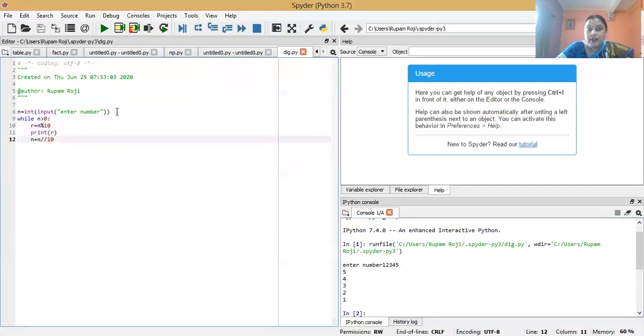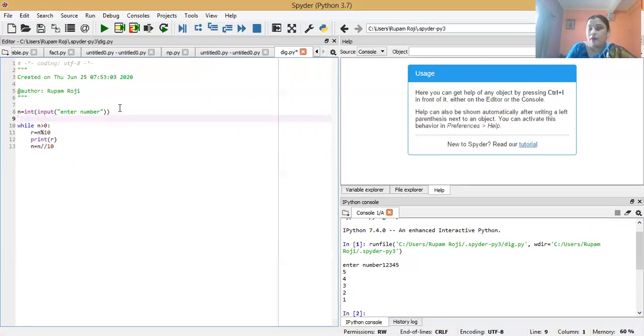Now, if we want to display the sum of all digits, we will use another variable s, and its value will be initialized to 0. This time we have to store the sum of the digits. So in the loop, we will use s equals s plus r.